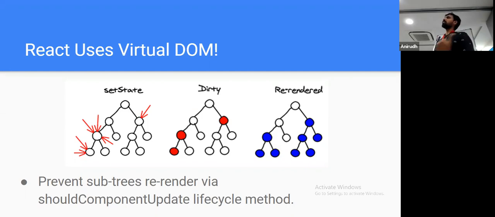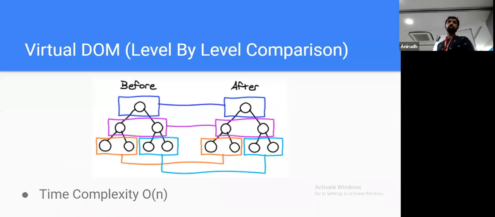So this virtual DOM concept is unique to React. Angular doesn't have virtual DOM basically. So this is another advantage that React.js gives to you. And also the DOM comparison has a time complexity of O(n). So that is quite good. So basically it does level by level comparison of nodes, and once it gets to know that a particular node has been changed, it directly replaces that node and its child nodes.